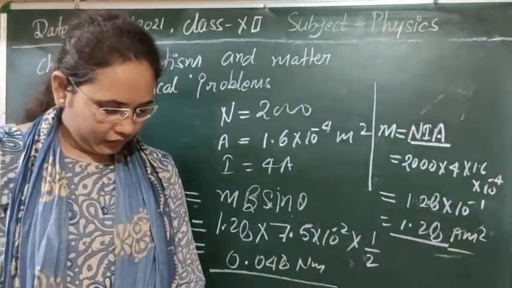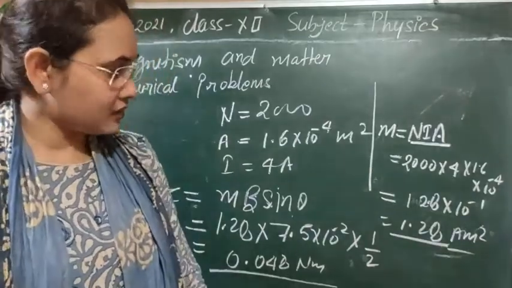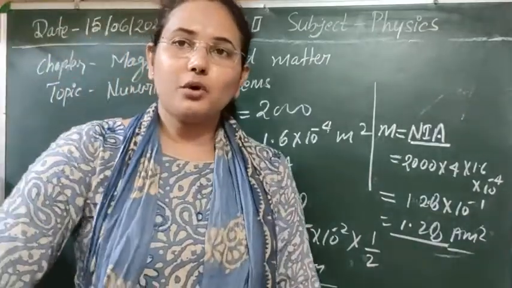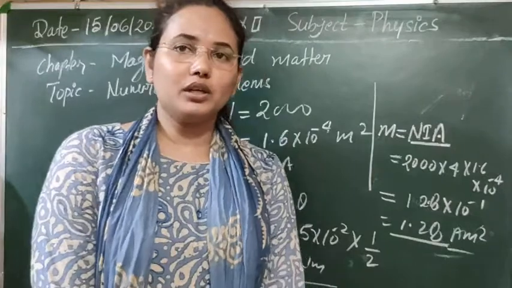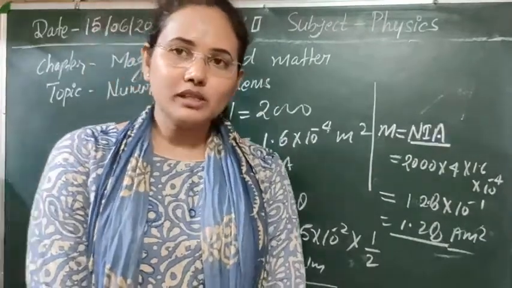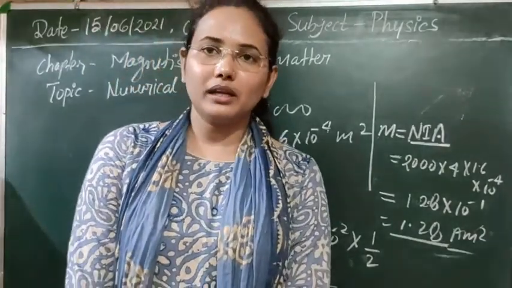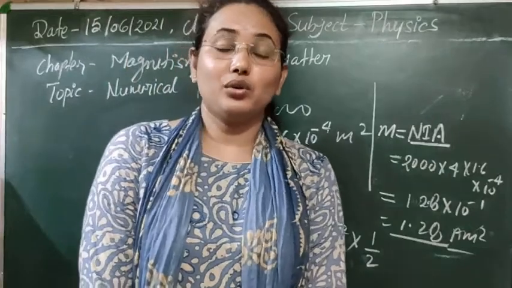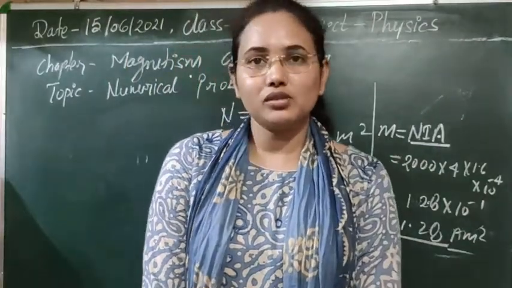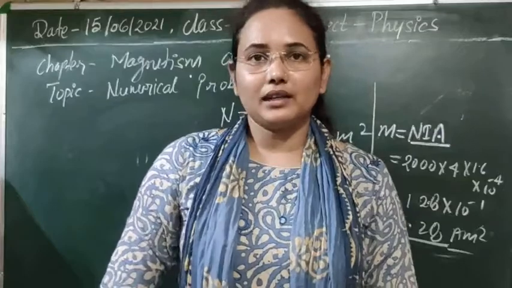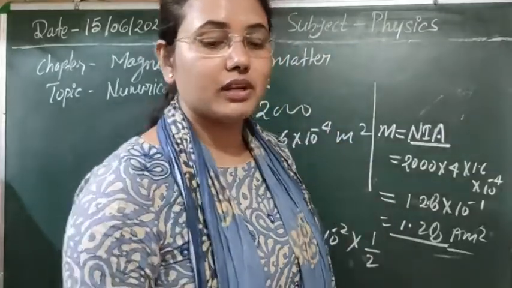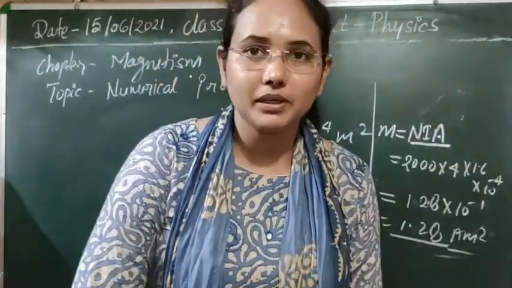Next, the question was about net force. As the body is rotating due to the torque, the net force on the body is 0. The reason is that due to torque the body will try to regain its position, that's why the net force acting on it will be 0, because it will come to a stable equilibrium condition.